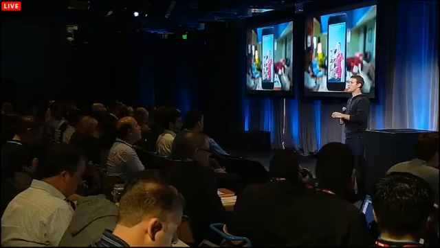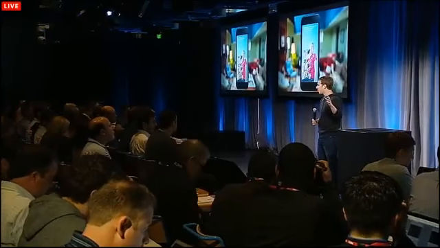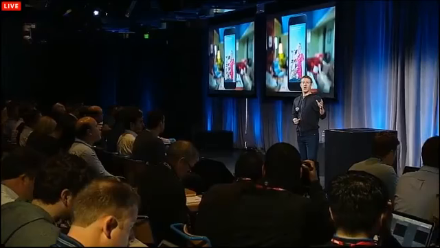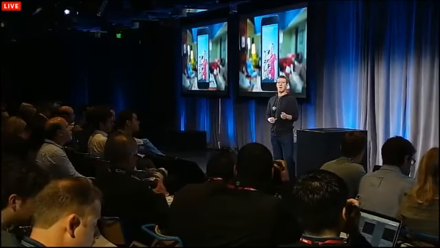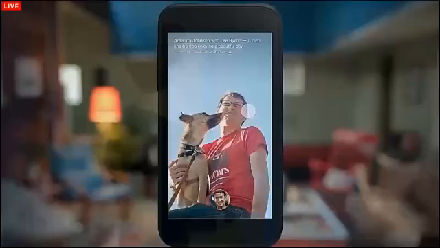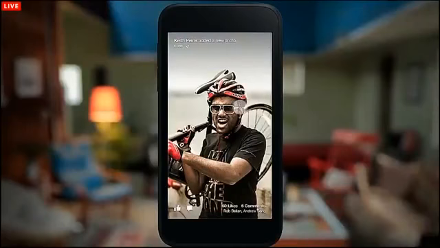Since Home is the lock screen in addition to the home screen, you don't need to do any swipes or gestures in order to be able to see this content. And it's all right there as soon as you look at your phone, because you've already loaded all this content in the background while your phone was sleeping. So you can flip through stories if you want. And if you find something that you like, you can double tap to like it right there. You can comment right there from the home screen.